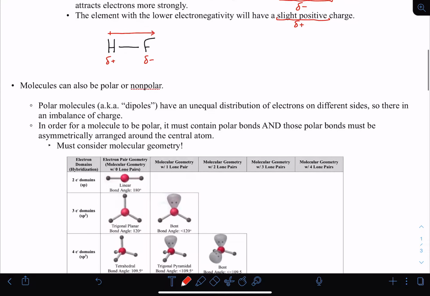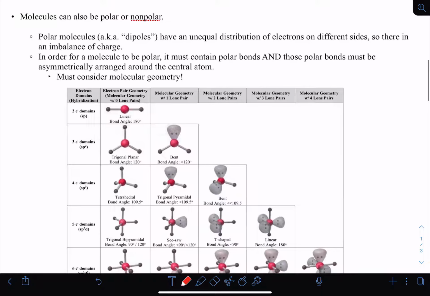So molecules can also be polar or nonpolar. A polar molecule, also known as a dipole, has an unequal distribution of electrons on different sides. Essentially there's an imbalance of charge in the molecule as a whole. In order for a molecule to be polar, firstly, it must contain polar bonds. If it does not contain polar bonds, nothing else matters. It can't possibly be polar. And those polar bonds must be somehow asymmetrically arranged around the central atom,